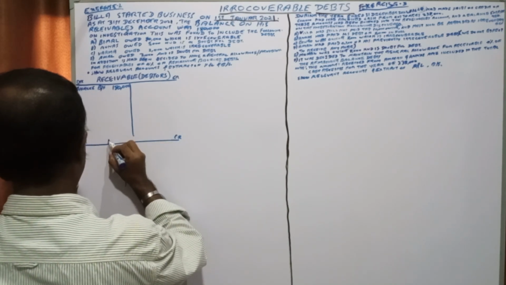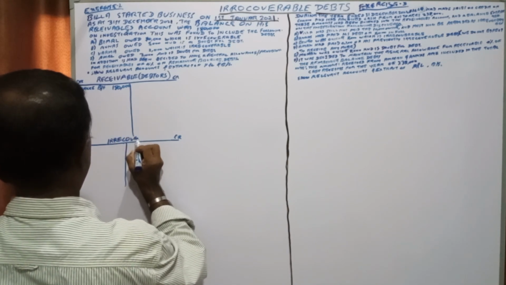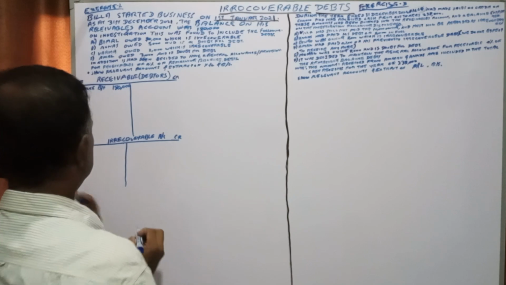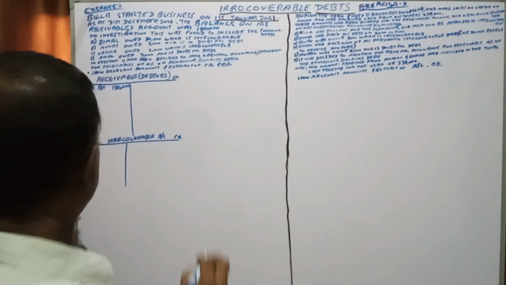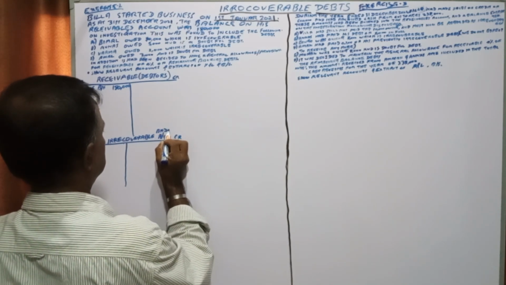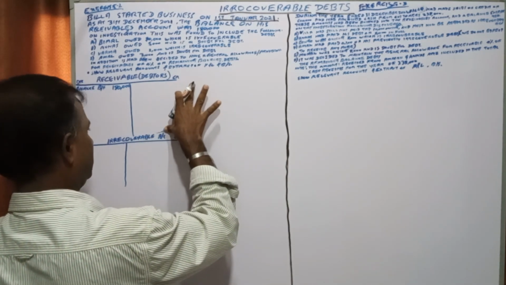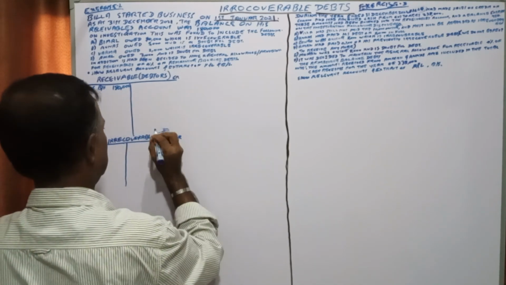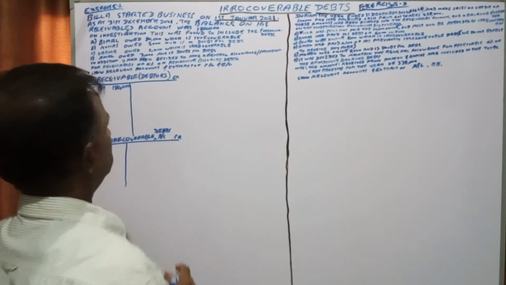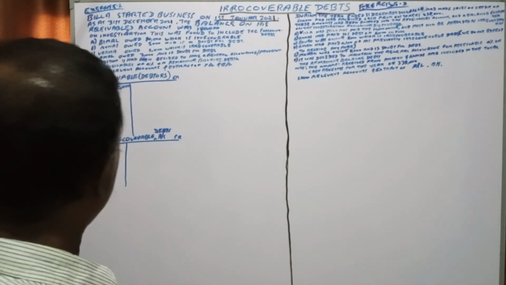This is the irrecoverable bad debts account. We can say irrecoverable debts rather than bad debts. So Bimal owed 10,000, which is irrecoverable, means